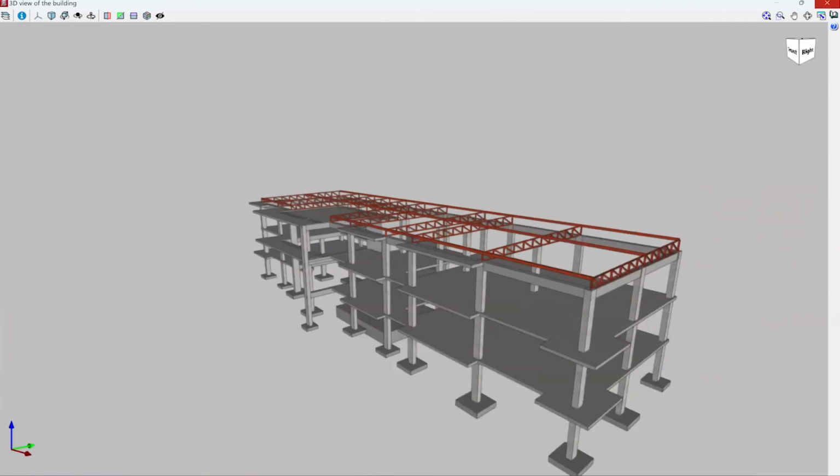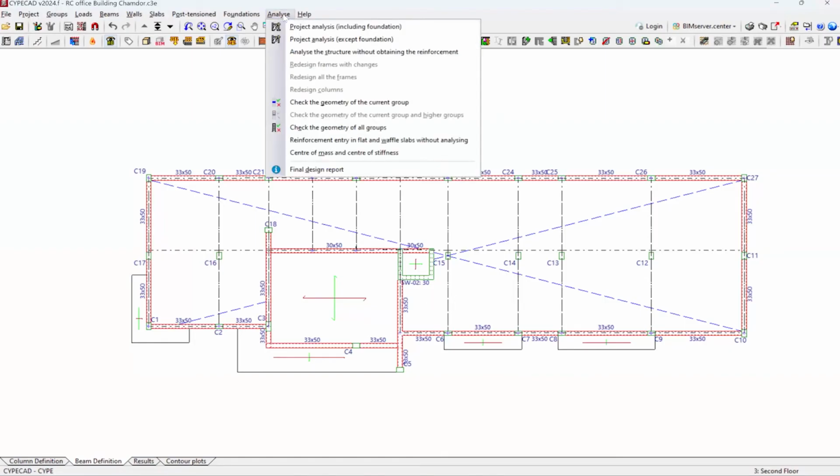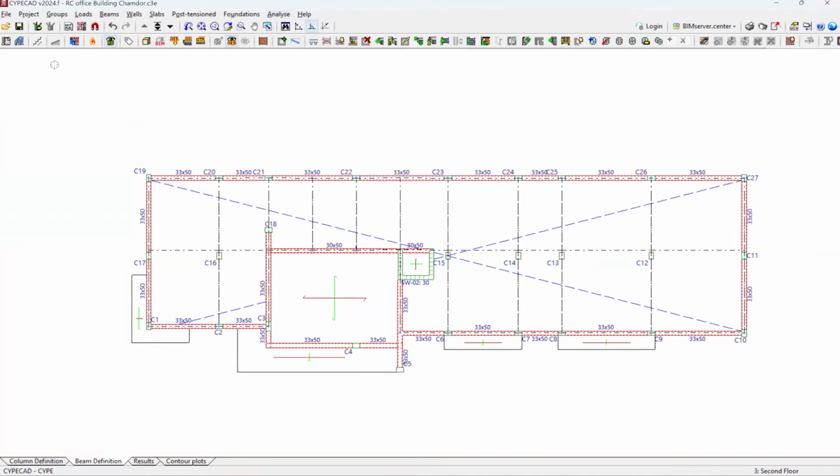Then when you take up your analysis, you just click once, project analysis, including foundation or excluding foundation, then you analyze everything in one. You don't necessarily need to go back and design the steel structure separately. You can do all the design in one. For example, for this one here, we were able to do the CYPE 3D structure analysis of the roof truss into the